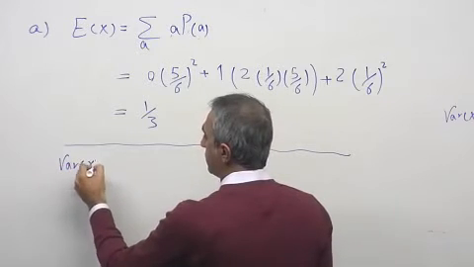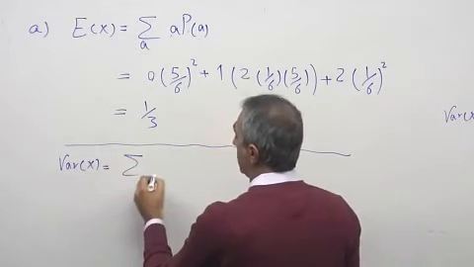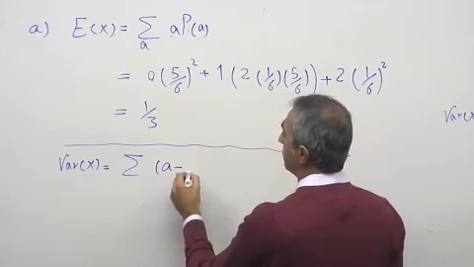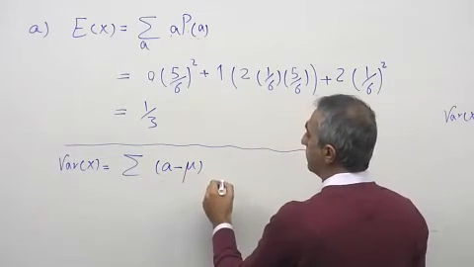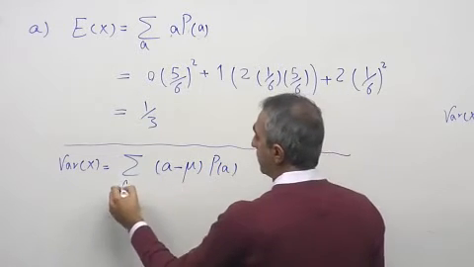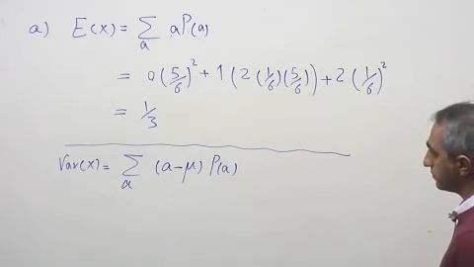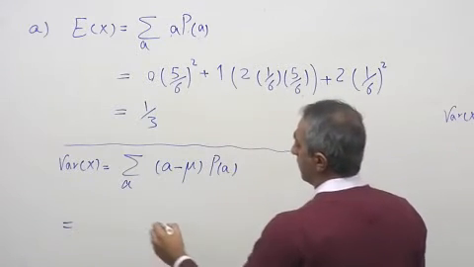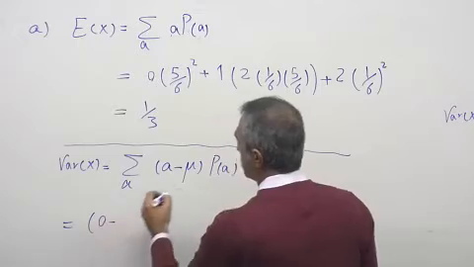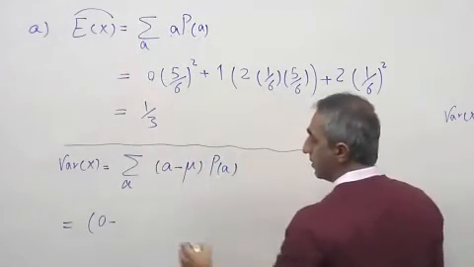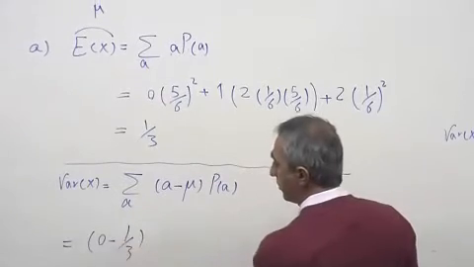Variance of x is A minus mu times P of A over A. In this case, 0 minus mu is what? This is mu. 1 over 3